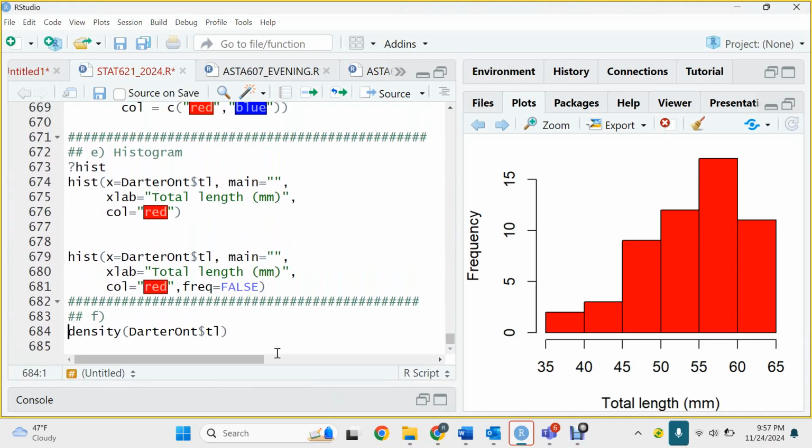So what I can do is use lines, okay? So my x, but we will have some problems, but we'll get through it. So y will be your density. X should be this one, the length. But because it is not okay, let me do it first, and then I need to color it. What color will even be better? Let's say blue. I think we will not have good lines because of the